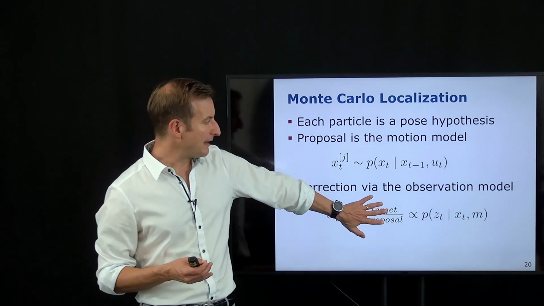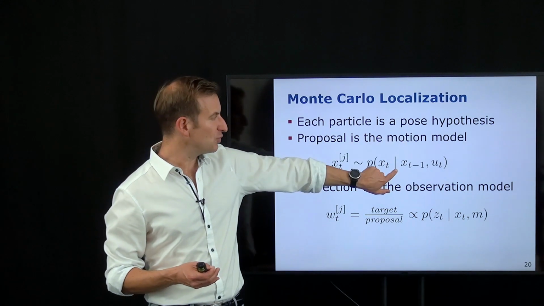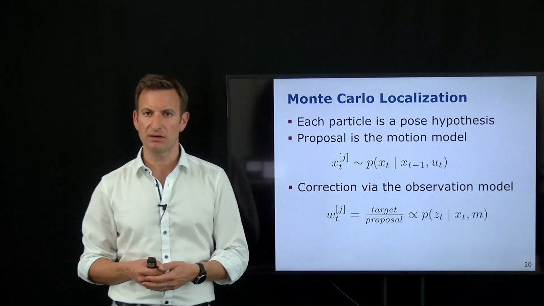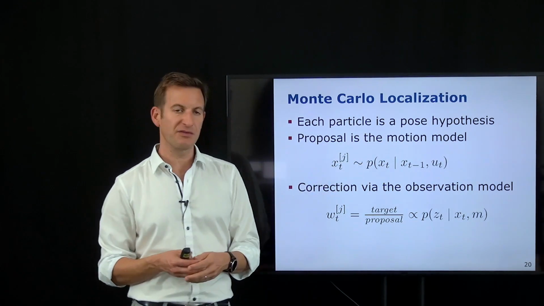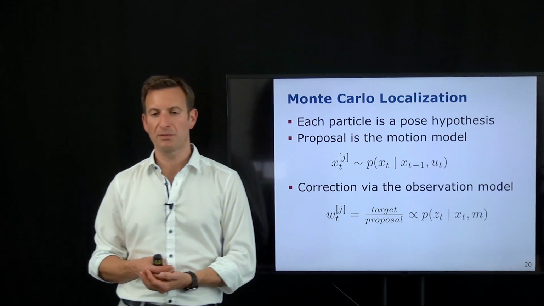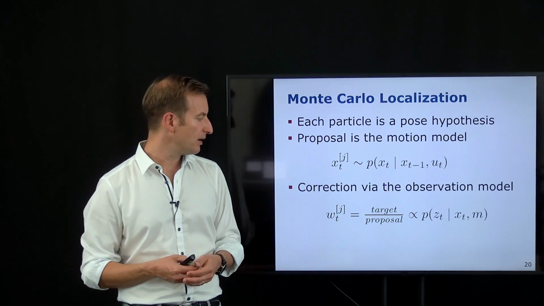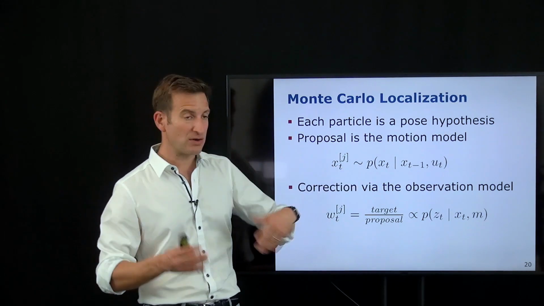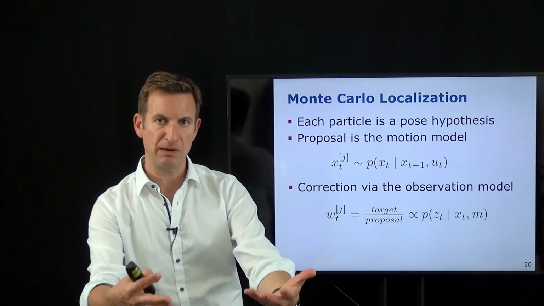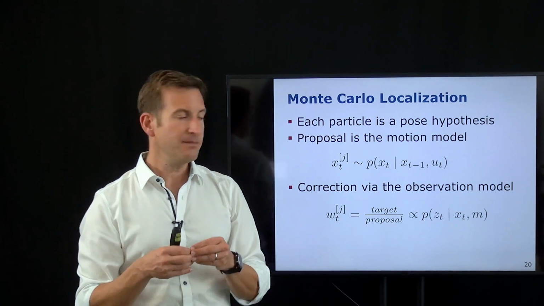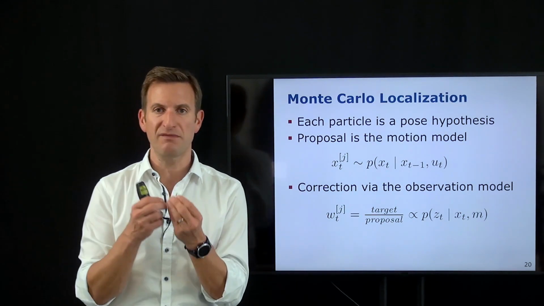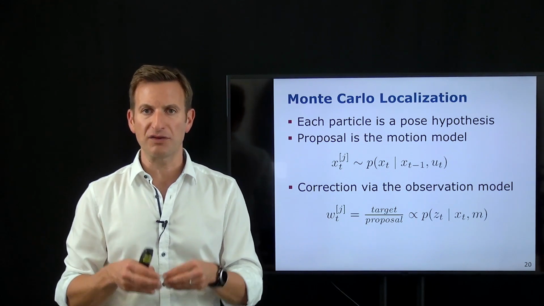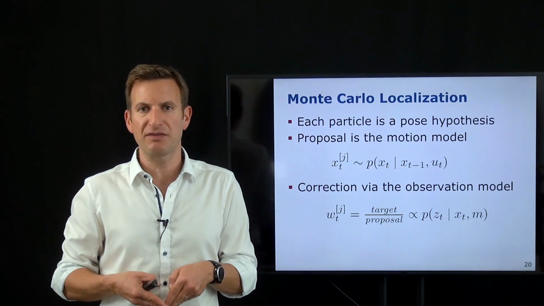And this results from this design choice. If we would choose a different model over here, then we would end up with a different weighted term over here. But if we choose the motion model as a proposal, we will end up with the observation model as our weight for every sample. And again, what we are doing, for every sample we generate this pose, we generate a new hypothesis by moving it forward. And then in the second step, in the weighting step, we are evaluating how likely it is to obtain the observation that we actually got, assuming we have been in that place of that particle.